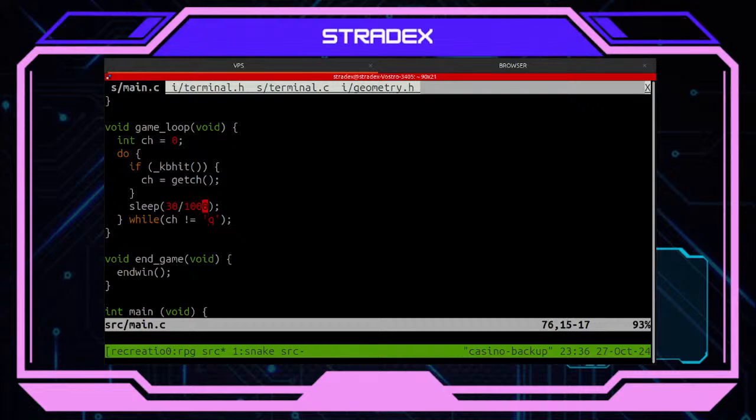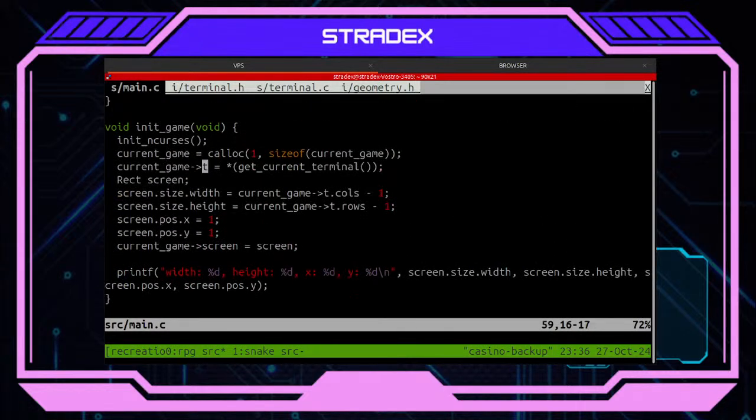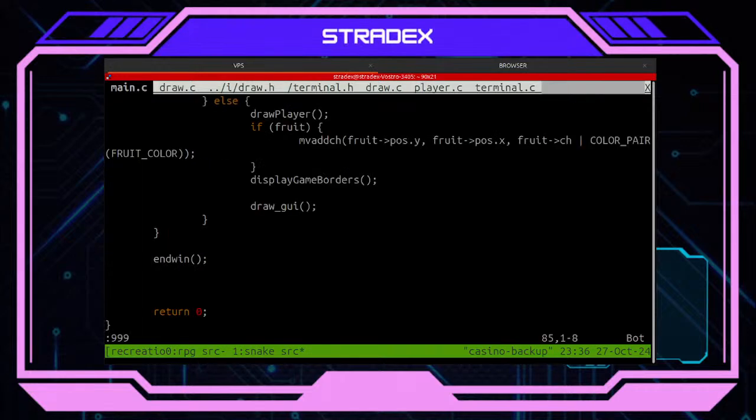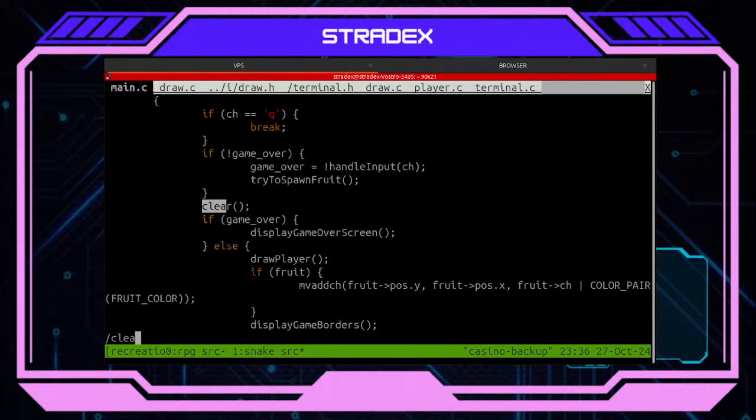Okay, so what now about the clean screen? When I want my screen to be clean though. Clear.